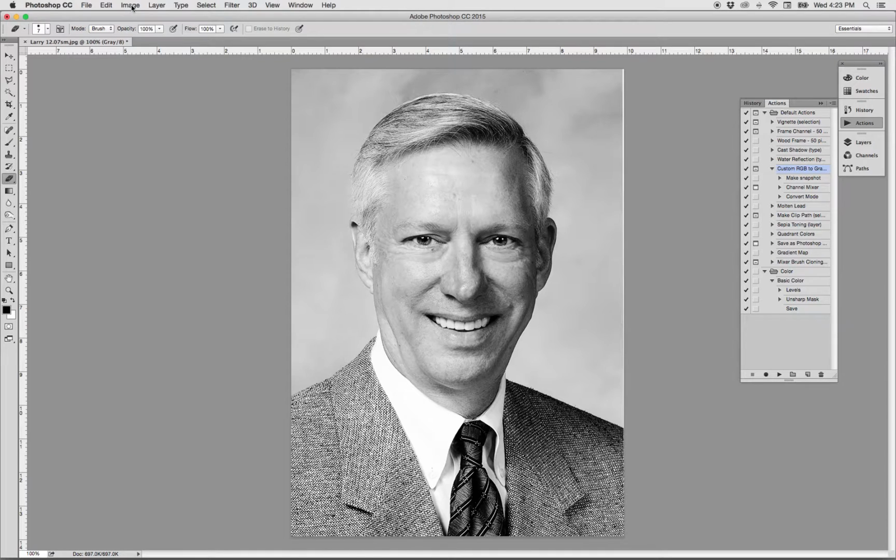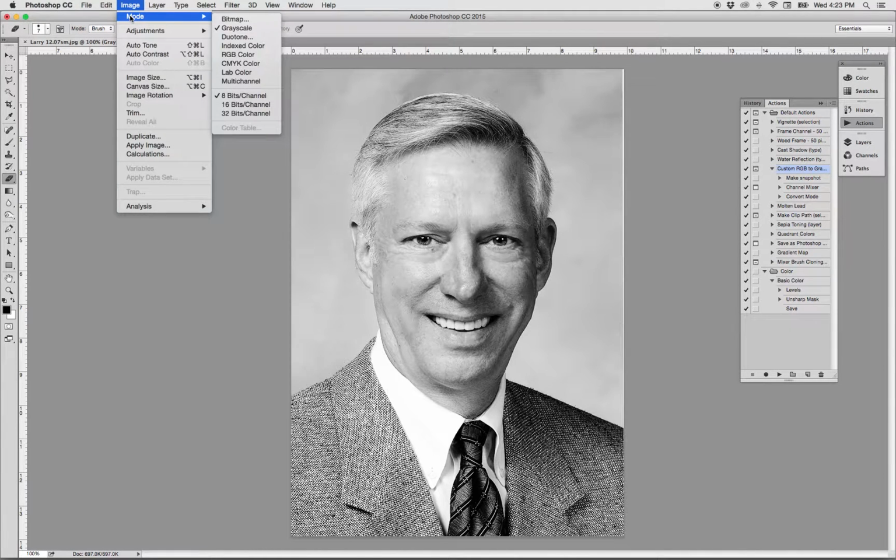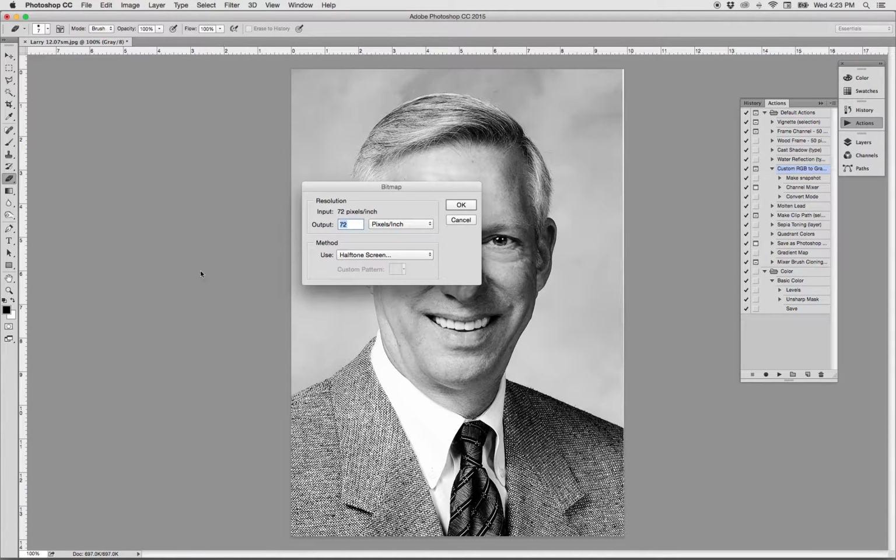Now I'm going to go back up to Image and do my mode conversion by going to Mode and clicking Bitmap. This particular image is a small image. It's 72 pixels per inch, which is fine for the web and for screen purposes. It'll be great for my demonstration here today. If you were doing this for print, that resolution should be much higher, probably closer to 300. So we're going to use this 72 pixel per inch image, and I'm going to pick a